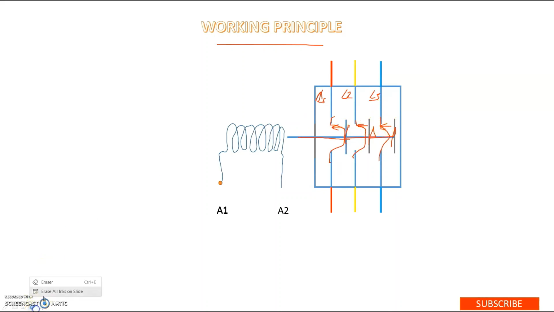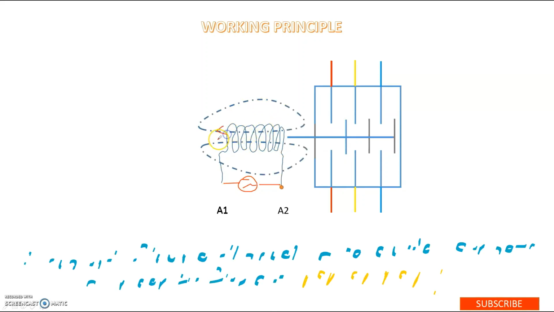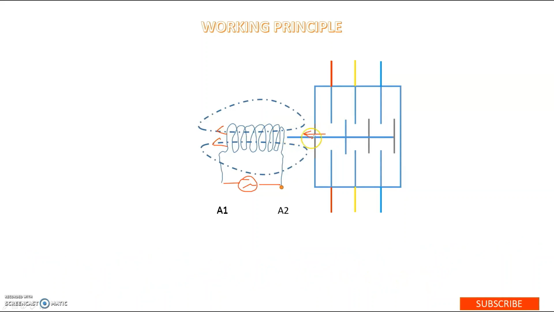Let us understand it with an animation. As soon as I connect a voltage source here, a current will flow through here and a magnetic field is going to be set up. This magnetic field will attract this particular plunger in this direction, and what we will see is the contact can be made. So this R will be available here, this Y will be available here, and B will be available here, which could be connected to a motor, or